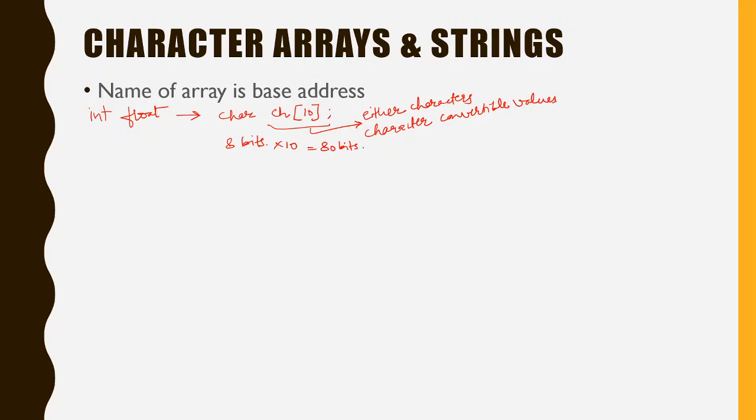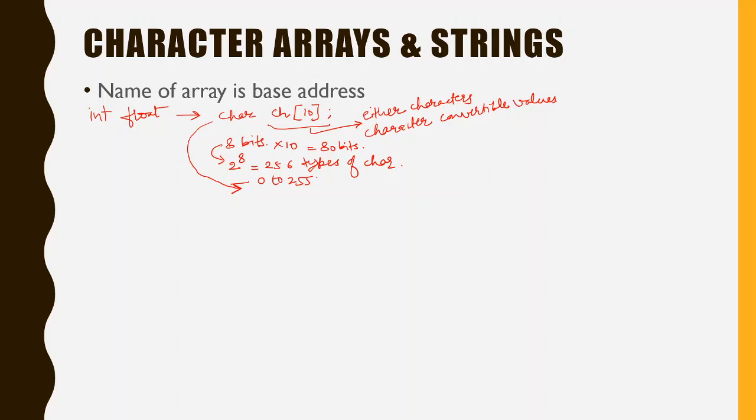And with these 8 bits, maximum 2 raised to power 8, that is 256 types of characters, that is integers from 0 to 255, can be produced. So these are the valid values: 0 to 255 are the valid values which are convertible to a character. So a character variable or character array can hold these values or directly the character values.